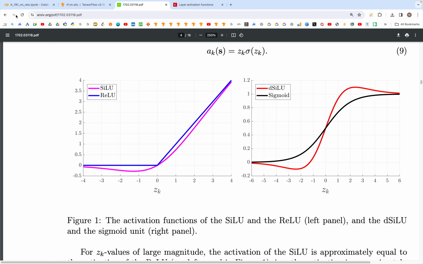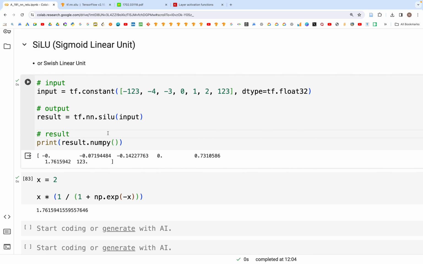And if we try and run this here in this code, we can see that if the values are -4 or -3, they come closer to 0, but then they're still negative. The values are much farther out on the negative side. They are 0, and if the values are on the positive side, they have their larger